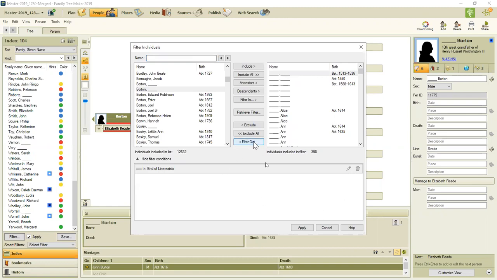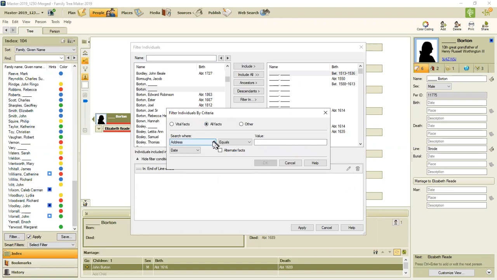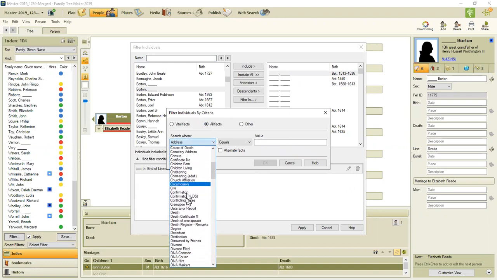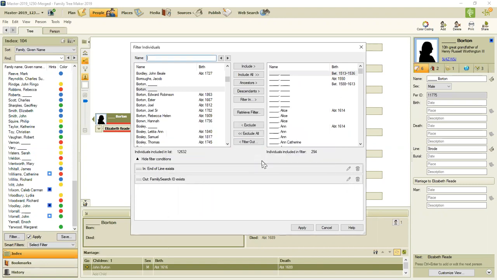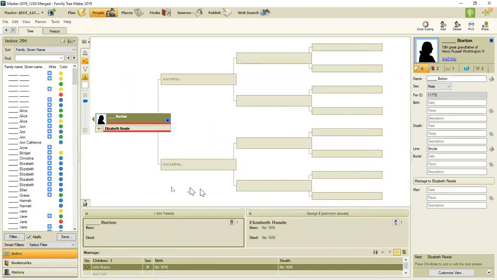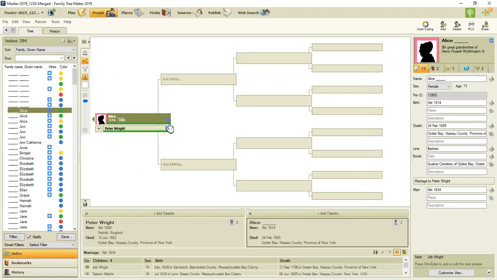Now I'm going to filter out FamilySearch ID. If I learn how to spell, any data that does exist. So these are the people where I did not match, and I didn't do the match as I said as I was going. For an example, this one has 5 hints. That's the match that I did not